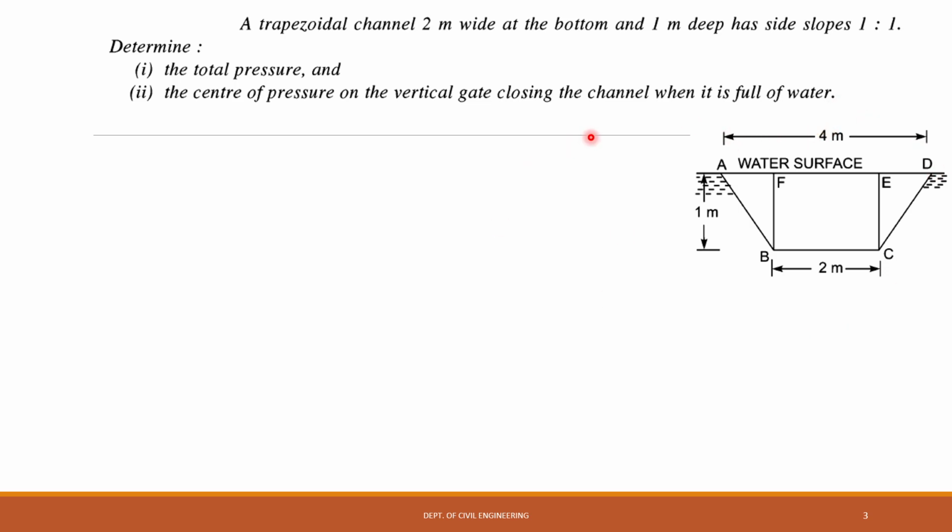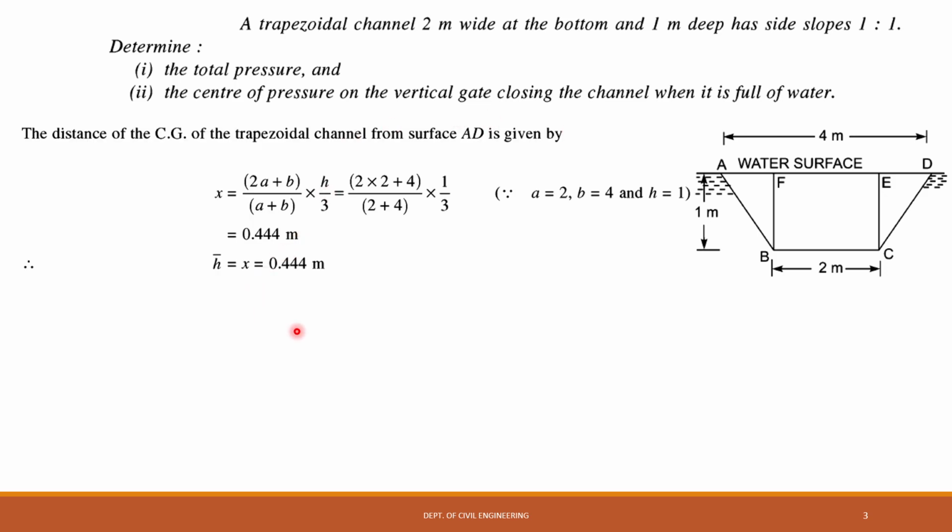Now we just have to find out the total pressure and center of pressure. For Ig, H bar and all, you have already written the equations in your notebook. You can refer to that. You need to learn those equations by heart. So first, for finding F, what is the equation of F? F is equal to rho g A H bar, isn't it? So you need to find out H bar. H bar is the distance from the free surface of the water to the centroid.